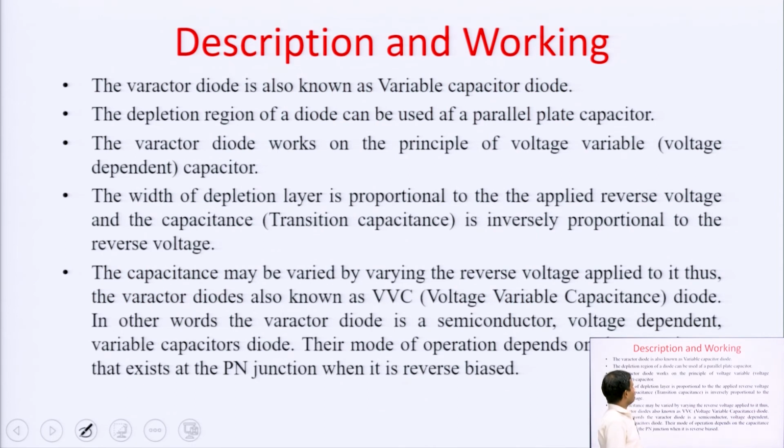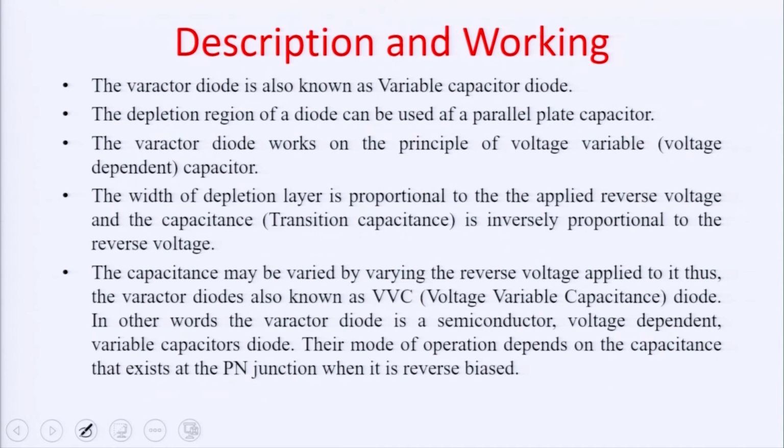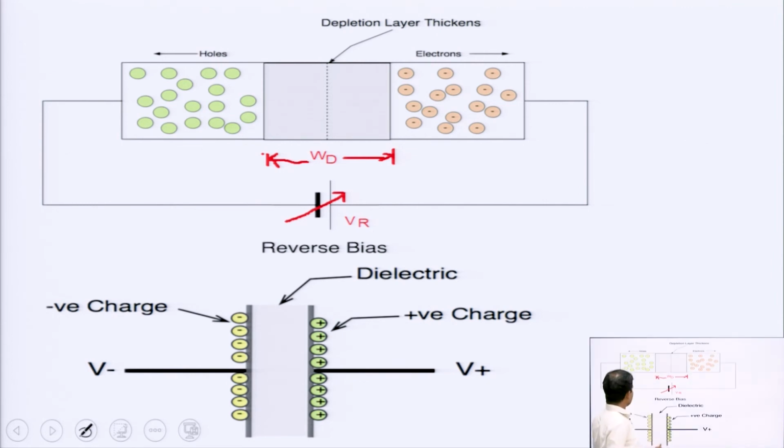Now, description of the working of the Varactor diode. All of us know that the working of the Varactor diode is just as simple as the normal diode works. Basically, we use the depletion layer of the PN junction diode as a parallel plate capacitor. What is a parallel plate capacitor? I am going to explain it in detail. Suppose if this is the parallel plate capacitor, and we apply positive supply here and negative supply here, then what will happen? The positive charge will be stored at the right plate of the parallel plate capacitor, and negative charge will be stored at